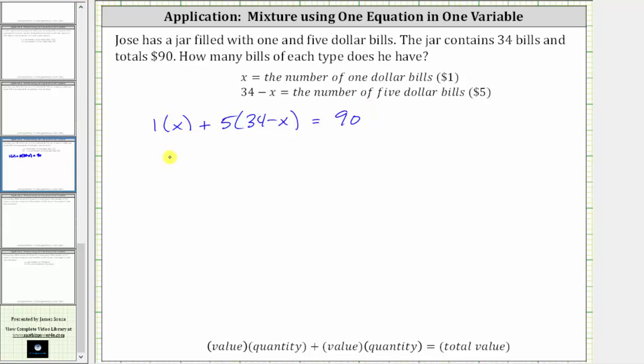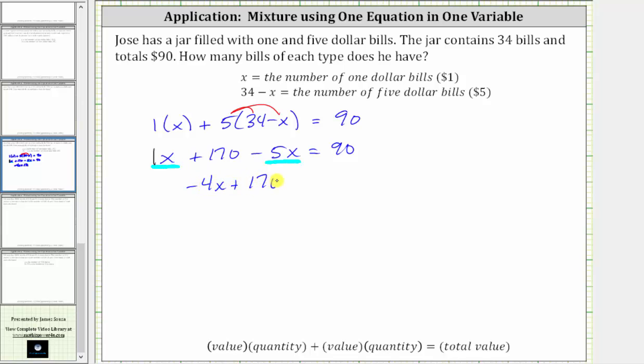1 times x is x. Next we distribute 5. 5 times 34 is equal to 170, giving us plus 170. And then 5 times negative x gives us minus 5x equals 90. Combining like terms, x minus 5x, or if we want 1x minus 5x, is negative 4x, giving us negative 4x